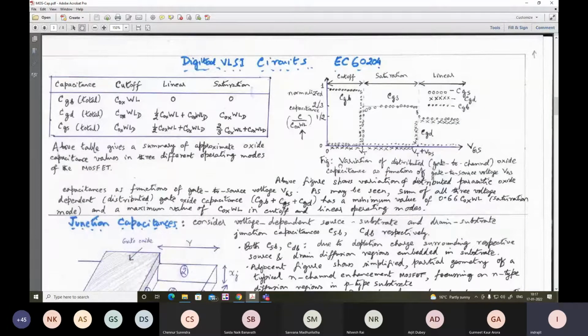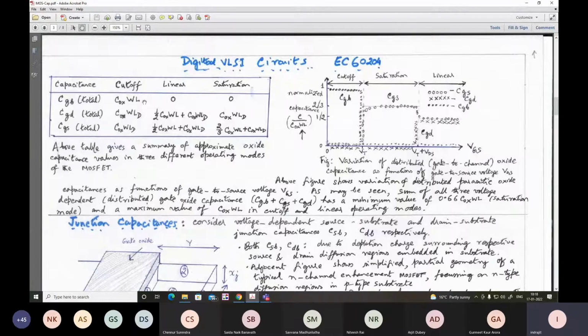What do you call the modification of the channel shape as VDS increases above VD sat, that means VGS minus VT. So these were all available. So the bias dependence of the oxide related capacitance overall, if we can view, this will be the variation. Its lowest value happens when the device is at saturation. Remember these three